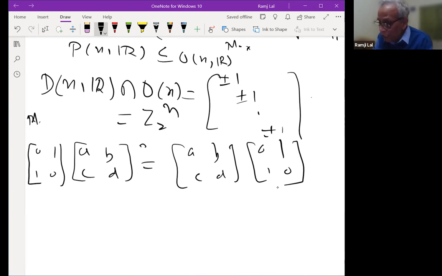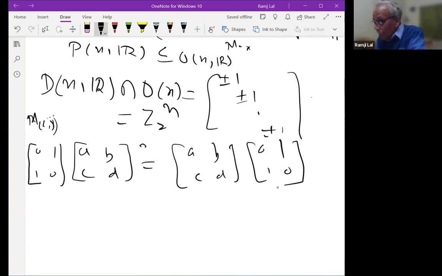The matrix of the permutation ij is what? It is 1 everywhere on the other diagonal entries. In the ith row, jth column, it is 1. In the jth row, ith column, it is 1. And the ith and jth diagonal entries are 0. And the rest of the diagonal entries are 1. So that is the kind of thing. It is something like this. You can easily observe here. So therefore, what will this be?